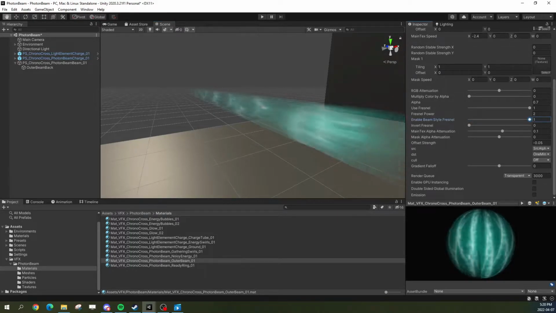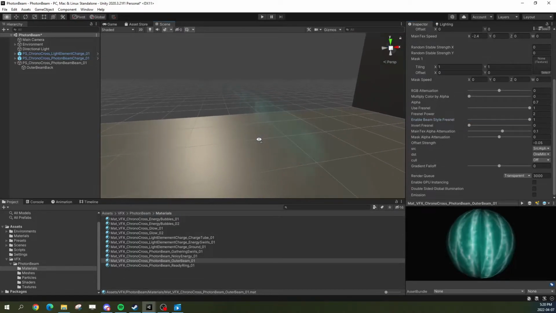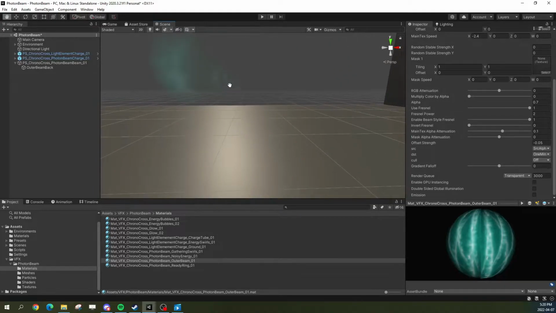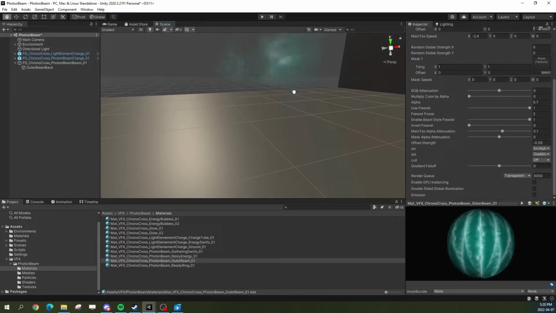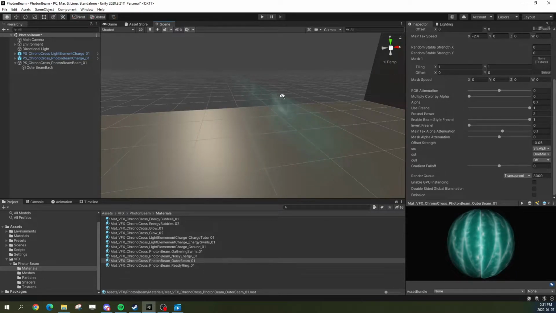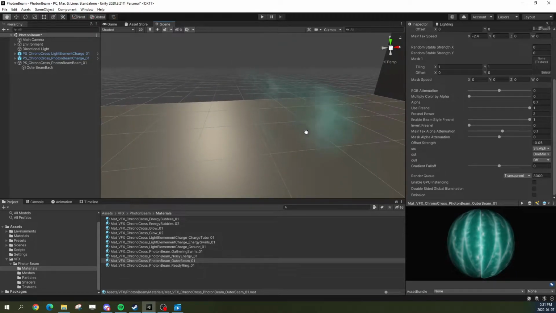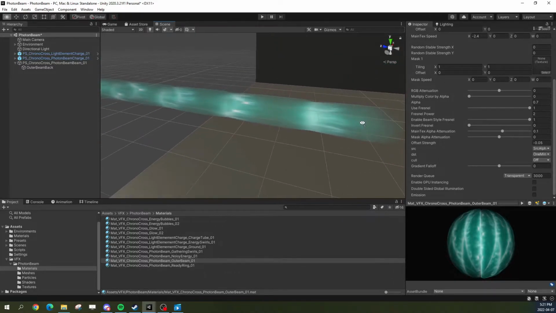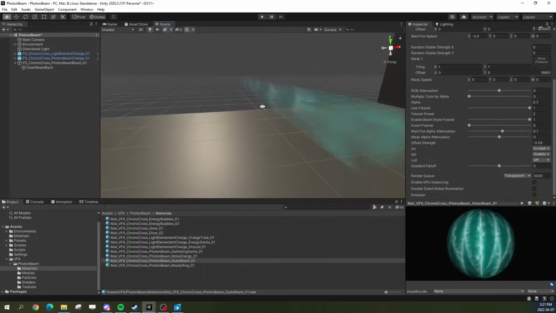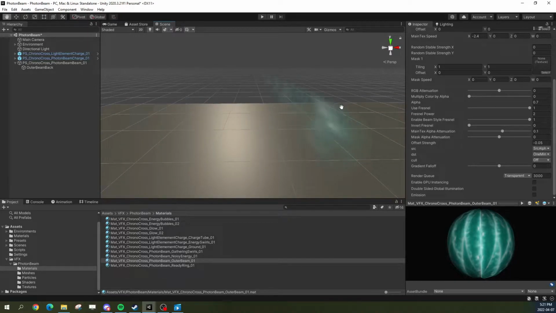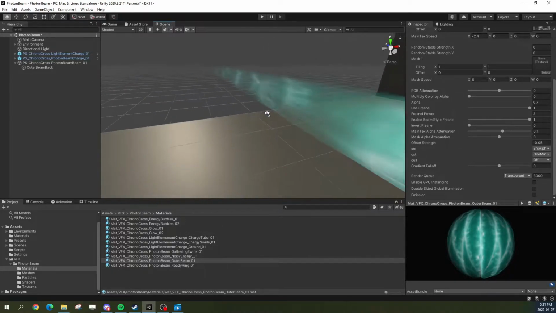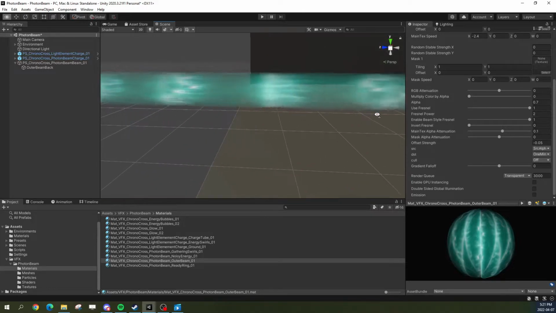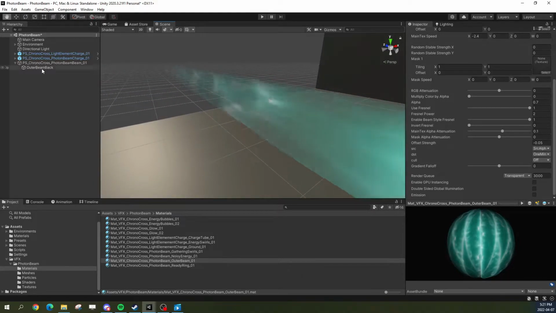So you can turn that on. And what it does is that it looks for a forward vector. As you can see, nothing changed yet because we're gonna need to tweak something. But it's gonna look for a forward vector, and that forward vector is pretty much gonna tell the Fresnel effect, ignore that direction. I don't know if I'm explaining it well, but